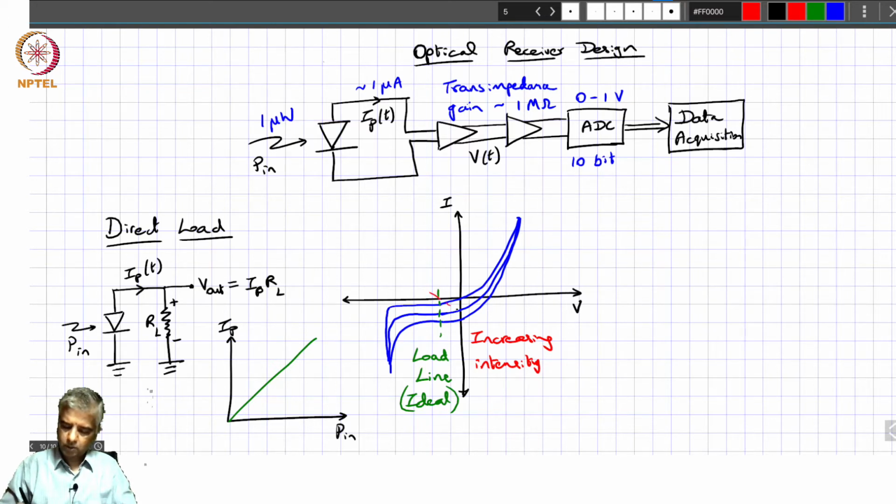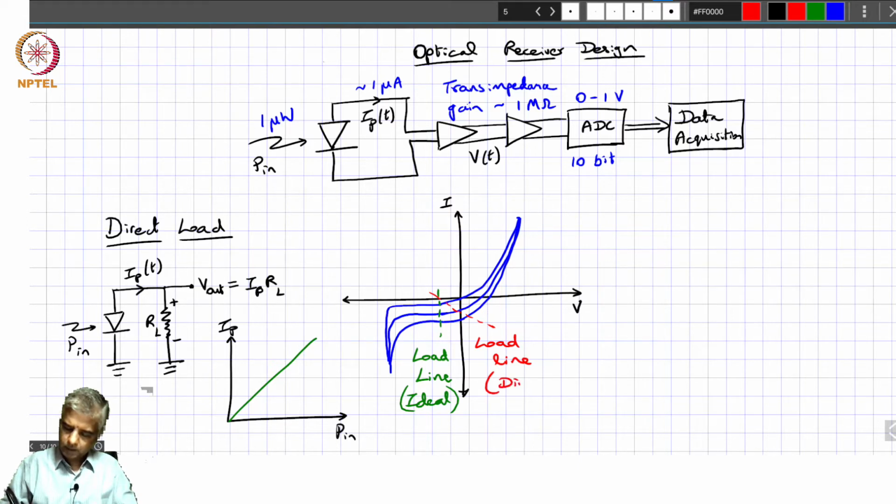Instead, the load line goes something like this, and maybe just to reduce the confusion, I should remove this part here and say this is actually the load line